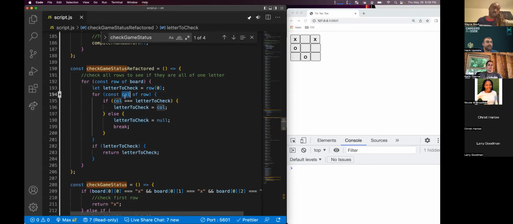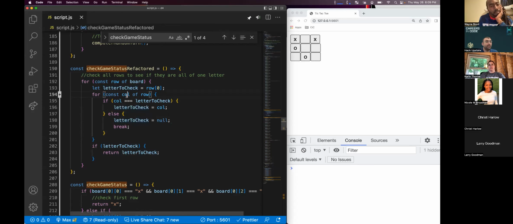Now it goes through and it gets the first column and it compares the first column to the first column from right here. And because X is equal to X, the if statement is always going to be true the first time the column loop runs because it's comparing it to itself.